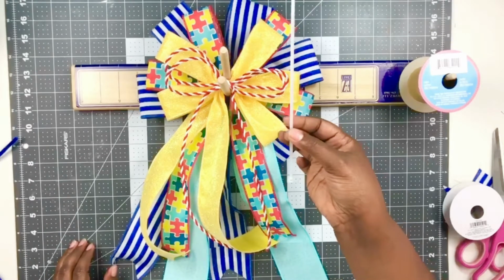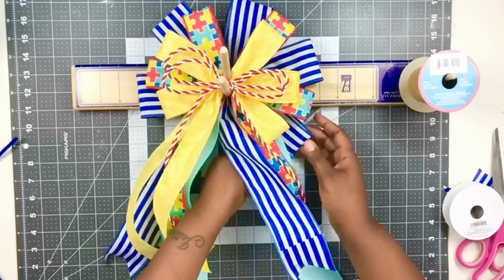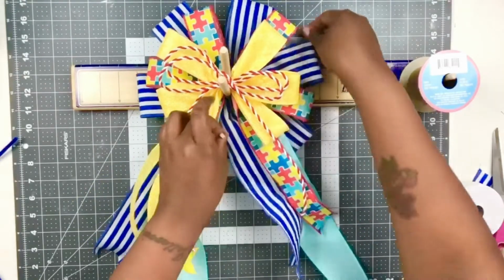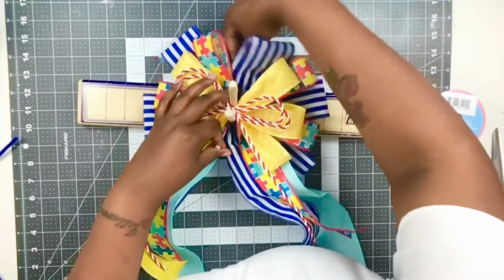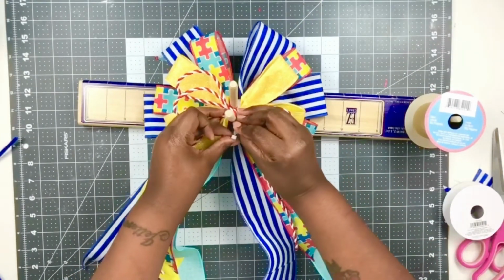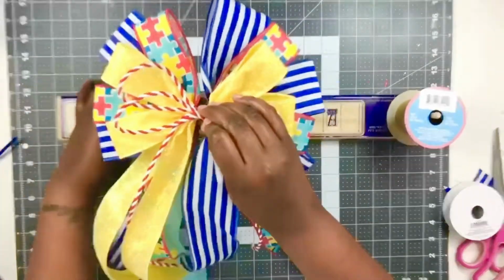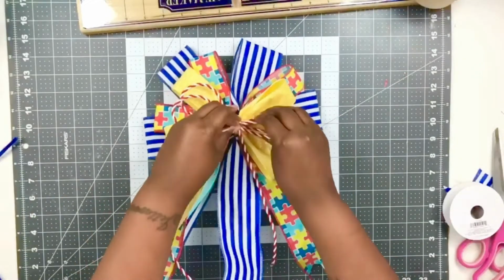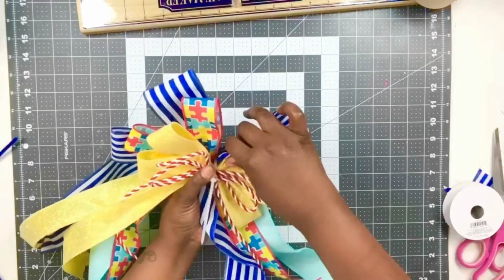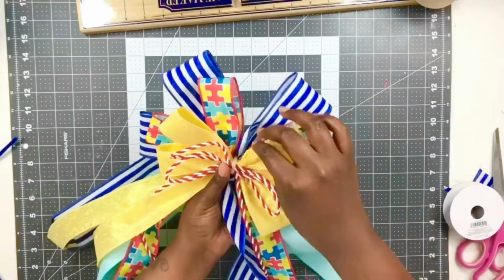So I'm just going to take a zip tie and I'm going to slide it under all these ribbons here. Just slide it underneath all of them. I'm gonna bring it up on the other side here. Get anything out of place. All right, so we want to hold on to that center, and we're just going to move the zip tie backwards. Okay,